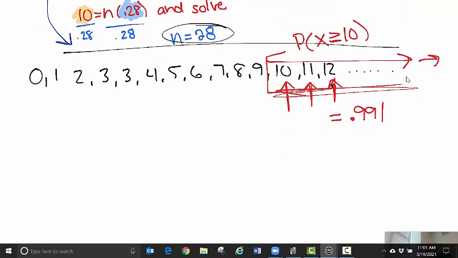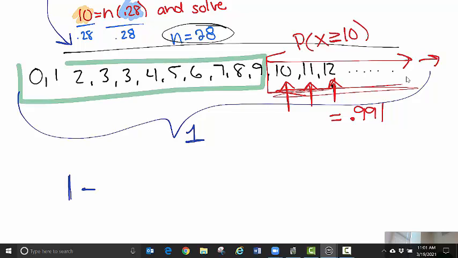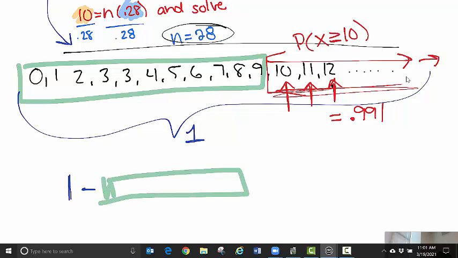So here's the deal. The formula to find that is 1, because the whole thing is there's a 100% chance of one of these things happening. So 1 minus 0 up to 9. Because if you subtract the green stuff, then you're left with what we're looking for, which is the combination of all those red probabilities. So 1 minus